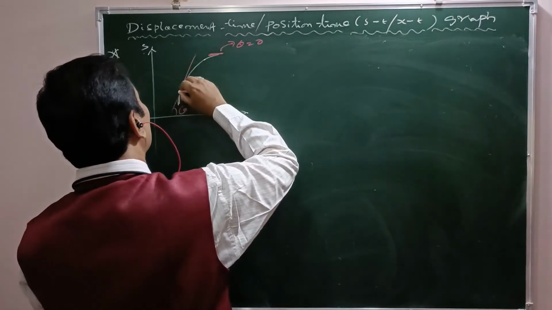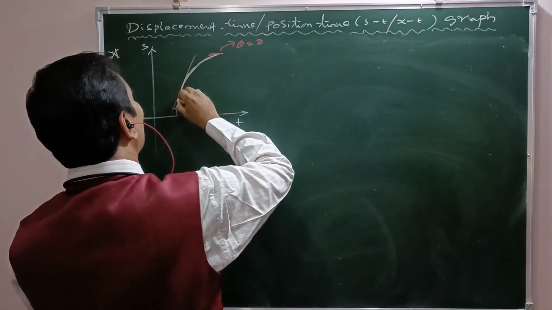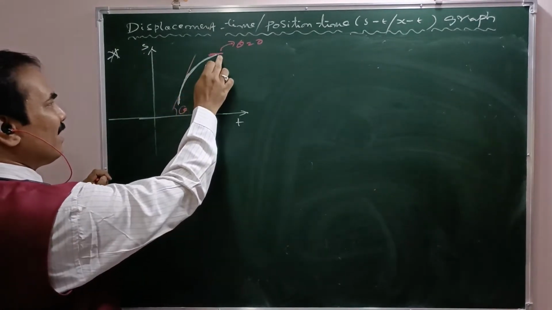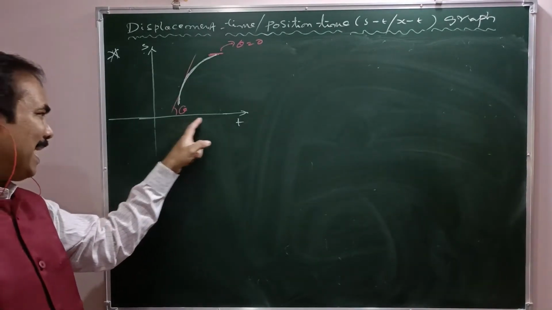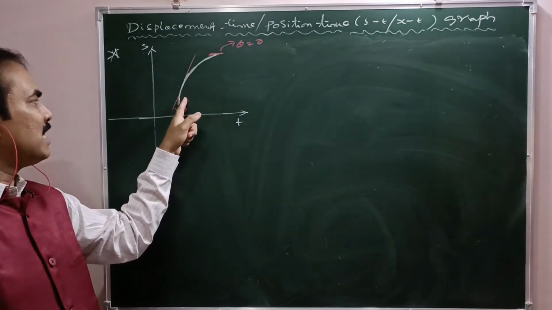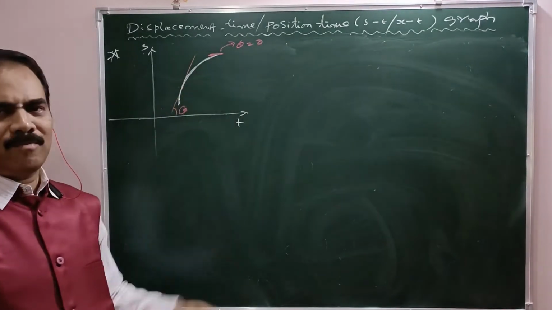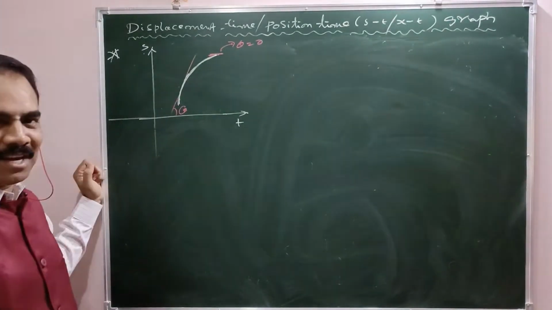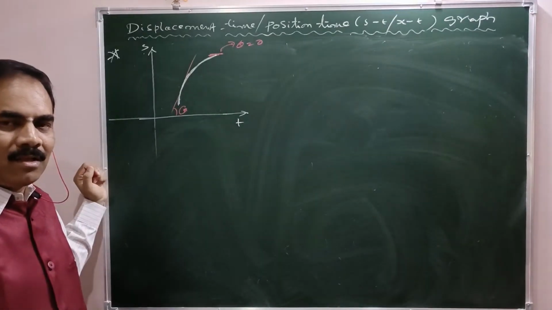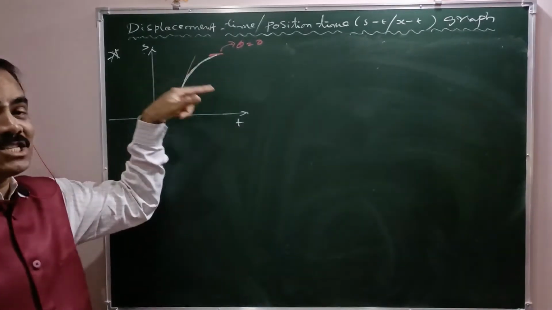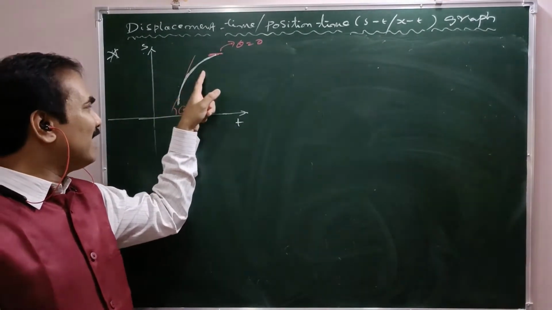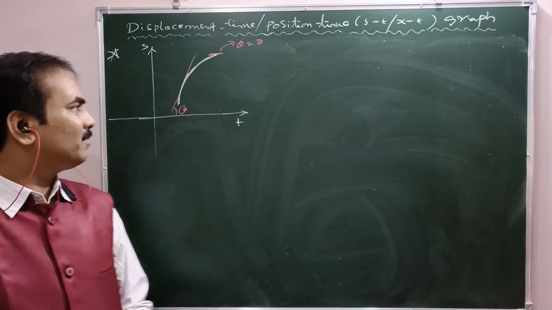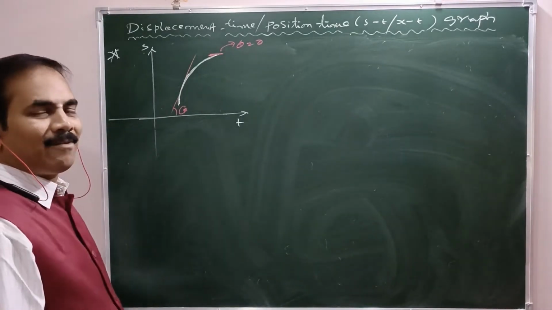This is the actual graph. Right? Somewhere here slope positive, but here 0, means slope changes with the time, from positive value to 0, means slope decreasing at a constant rate. Why? Because this is symmetrical in shape, not asymmetrical. Symmetrical in the sense slope changes linearly. That is, velocity changes. Slope means velocity. Velocity changes linearly with time means acceleration is there. Constant acceleration.